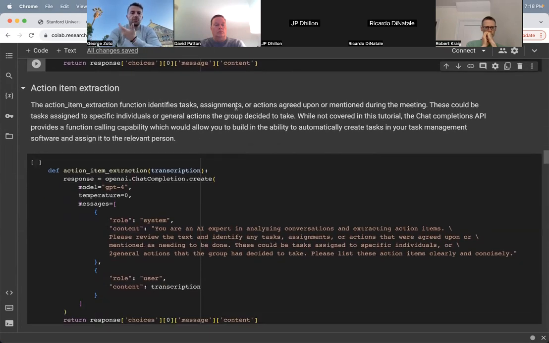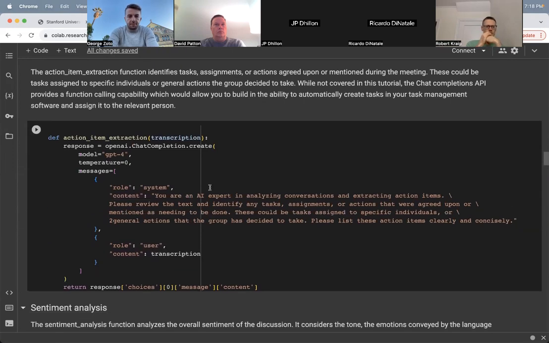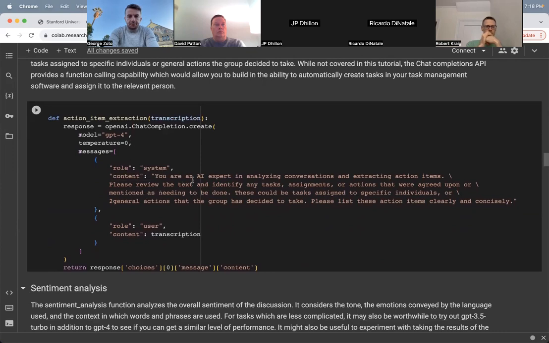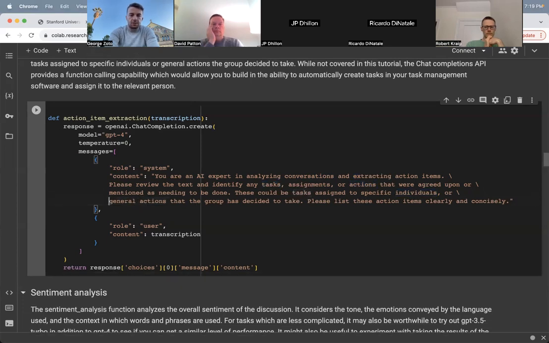The next one, any action item. Was there something decided? Maybe a meeting, a follow-up call, an agreement, anything that was decided. We'll build this custom prompt again. So you're an expert AI system in analyzing conversation and extracting action items. Please review and identify any tasks, assignments, or actions that were agreed upon or mentioned. This could be a task assigned to an individual or general actions that the group has decided to take. Please list these actions clearly and